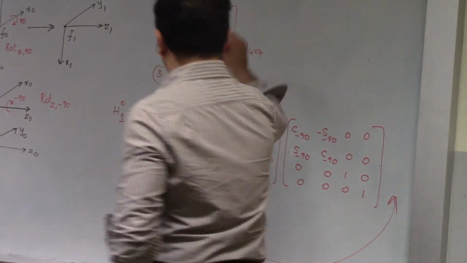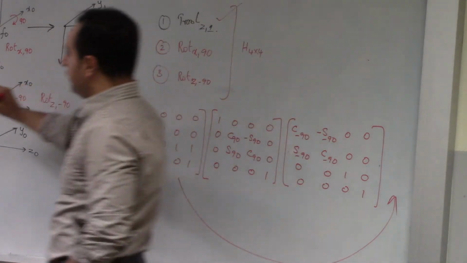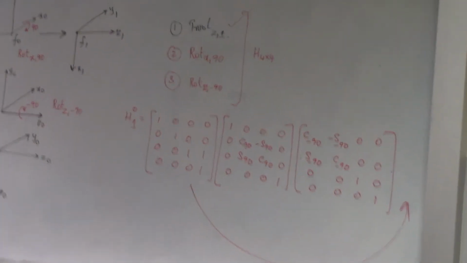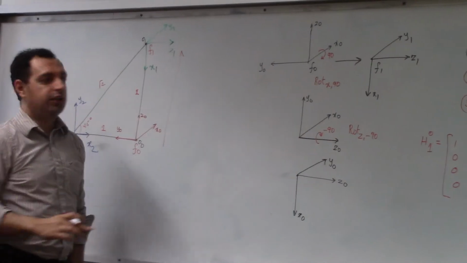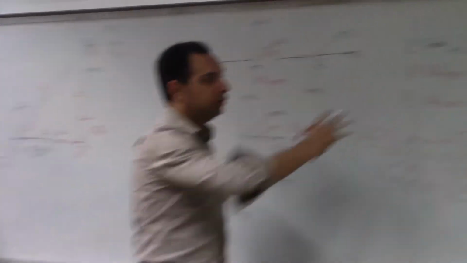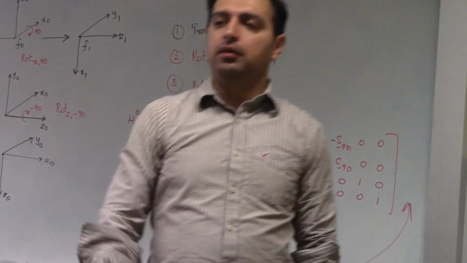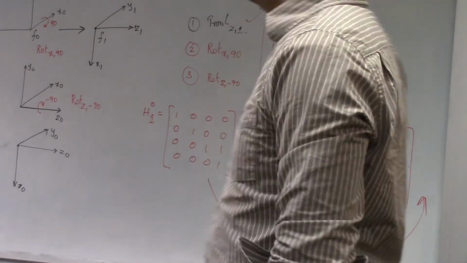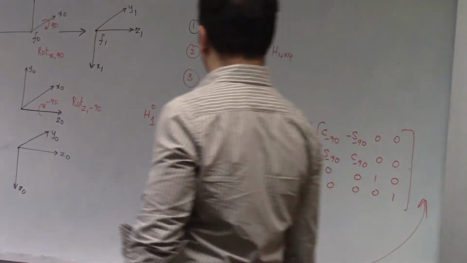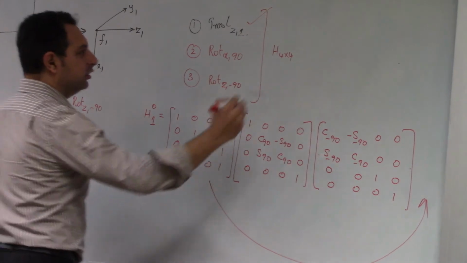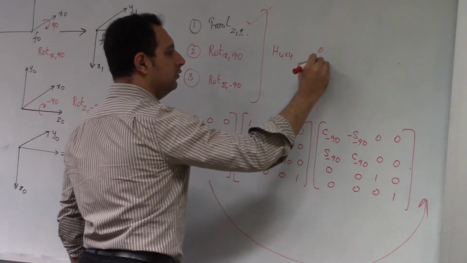So these 3 are what we did up there, right? These 3 matrices. First we translated so that you can move the frame upwards. You move the frame so that both the origins coincide. Okay. Then you rotate them so that they align. And then we multiply the 3 of them. Because these are all current frame rotations, you'll multiply them consecutively. So this one, H01, will be